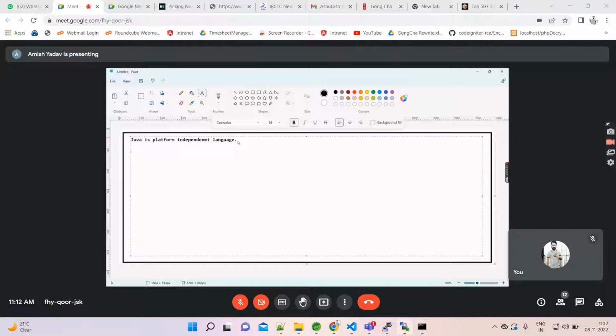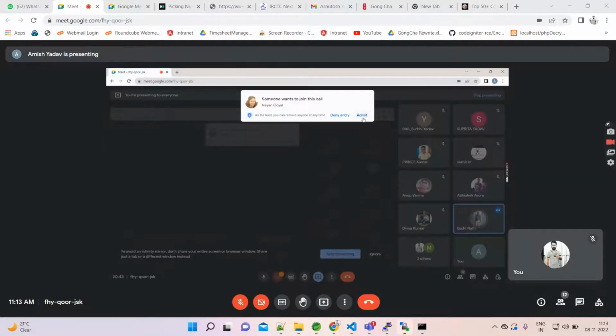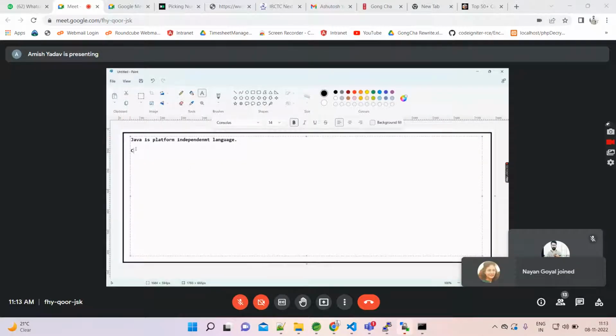So we have different programming languages, right? For example, we have C, C sharp, or C plus plus, like that. So why is Java platform independent? When you run this Java program, right? Yesterday we ran that program via Eclipse IDE and via the command prompt as well. We wrote that code in Notepad and we ran that program, right? So once we run this program,